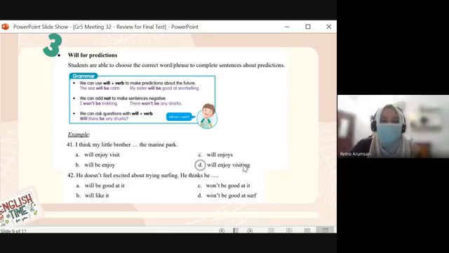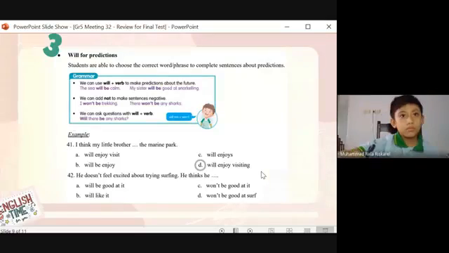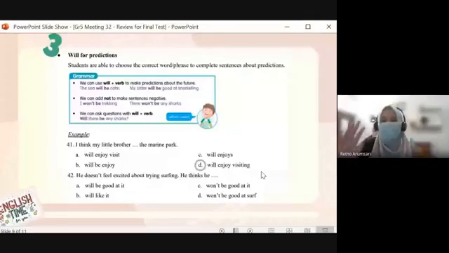Why is the answer D? Because just like what you have learned in Unit 1, after the word enjoy, you have to use ing. Enjoy visiting. Like visiting. What else? Love visiting. And be good at also uses ing. Be good at visiting. So if you use enjoy, be good at, or like, you always have to use ing.